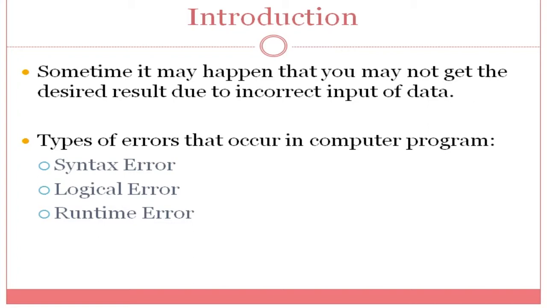After executing, you will get some unavoidable circumstances where the program stops. That occurs because of runtime errors. And the third one, the middle one, is a logical error. It doesn't identify any syntax errors, and it doesn't stop in between the execution of the program. But whatever the intended output, you may not get it. You may expect some output, but on the screen you will see some other output, some other numbers. That type of error you call a logical error.